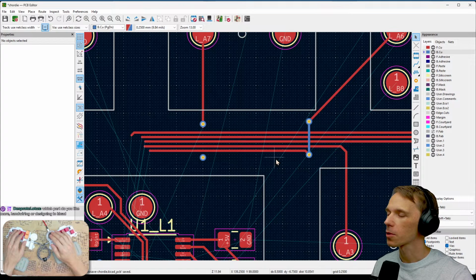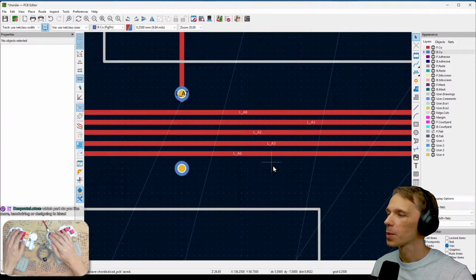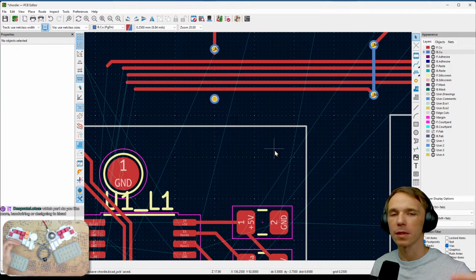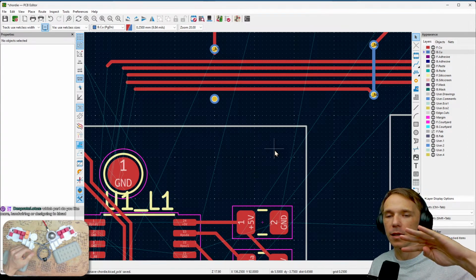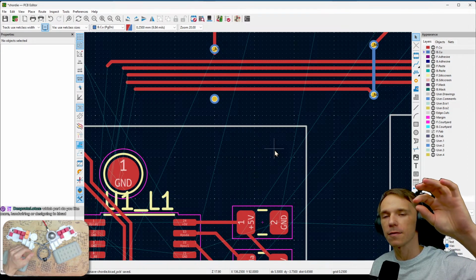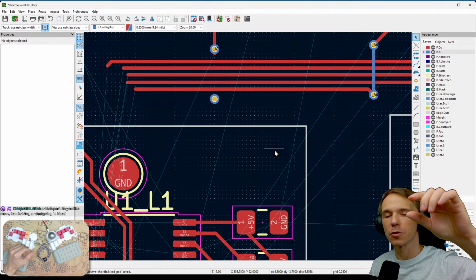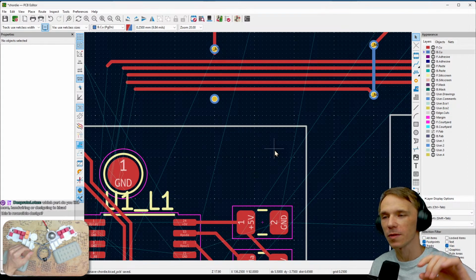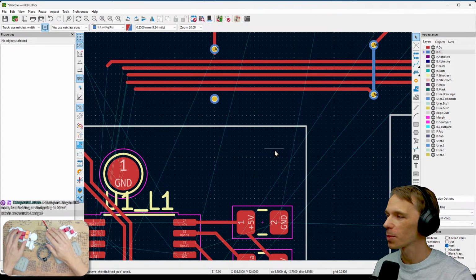I mean, now I'm trying to do it beforehand, but sometimes it happens that you route all the keys to the MCU, and then they are all in reverse, like the pins on the MCU. Let's say you have A7 on top, and A7 should connect to the pin that is on the bottom of the MCU, and then you have to do some mumbo jumbo to